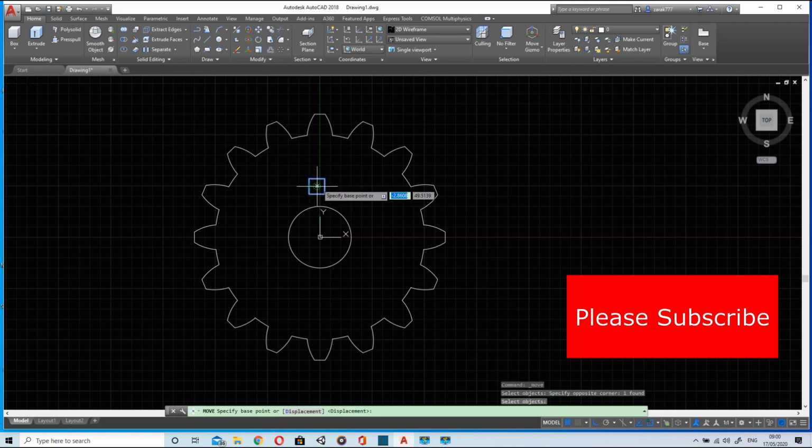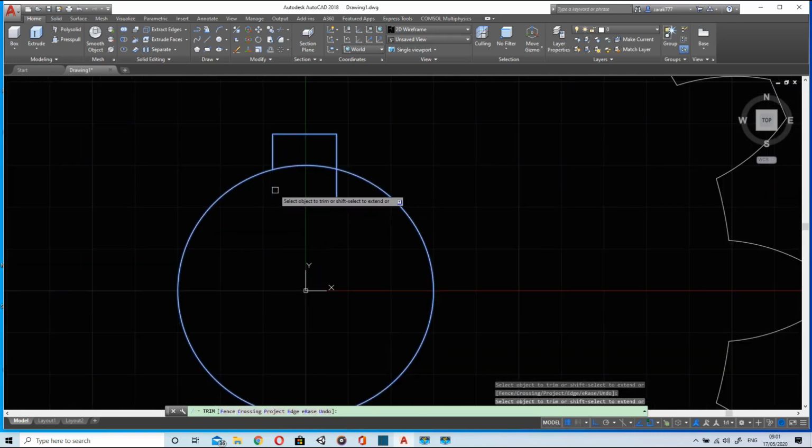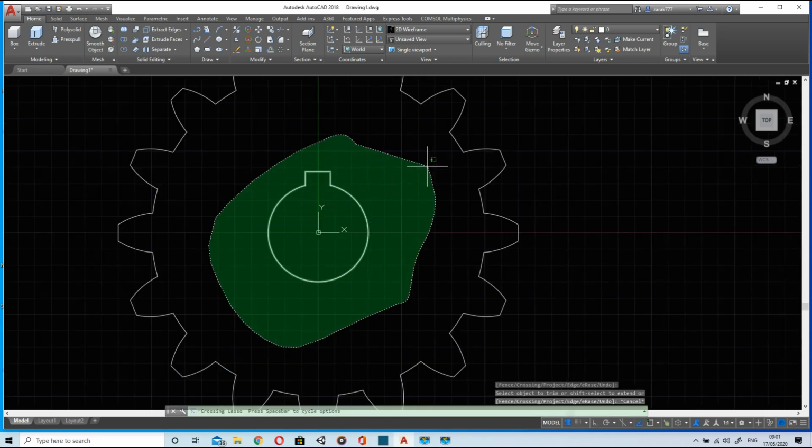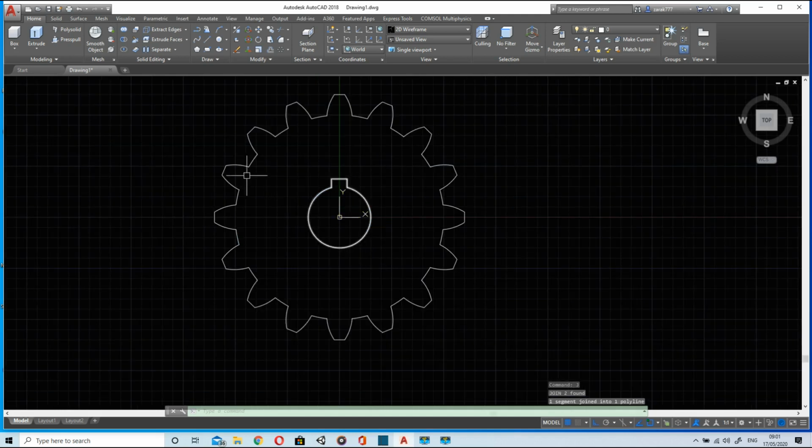Now move this from the centroid to this point, just like this. Trim axis lines. We are good to go.